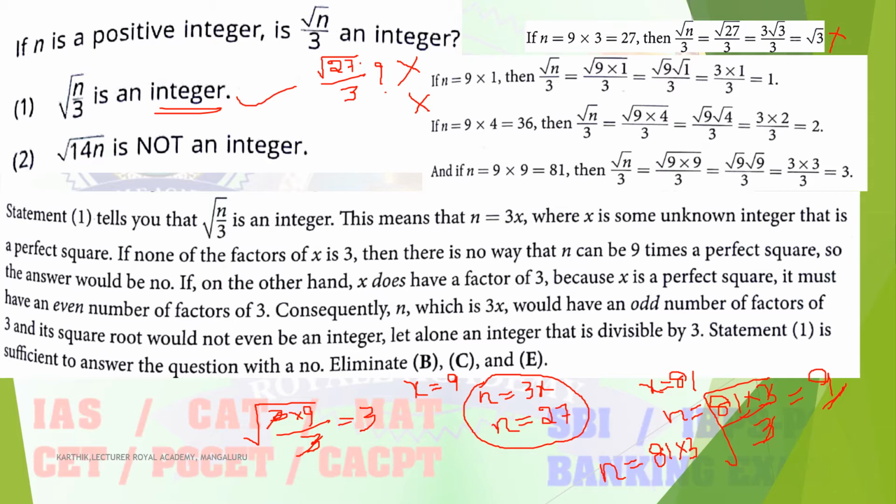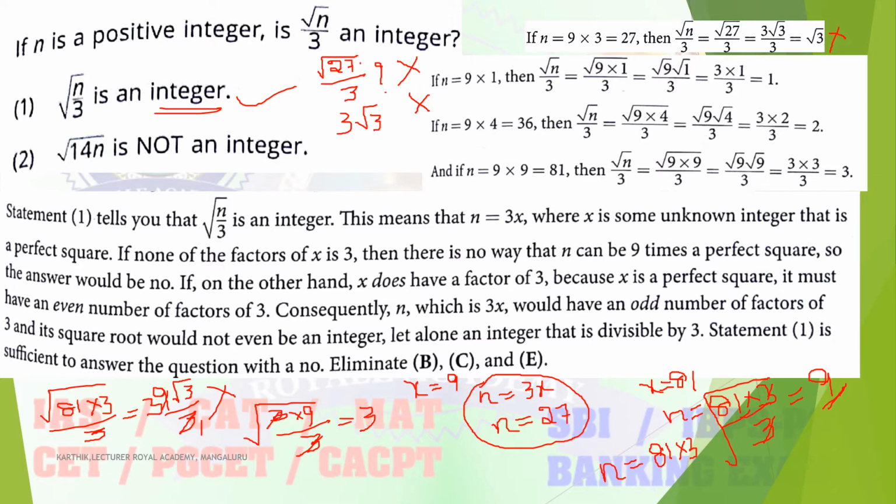Okay, so you are getting the same value, so again you just substitute into the above equation. That is nothing but 81 into 3 divided by 3. So here square root of 9, square root of 3 divided by 3. Whether this has an integer, this is also not an integer. So you will get 3 square root of 3. That is also not an integer. Same value you are getting.